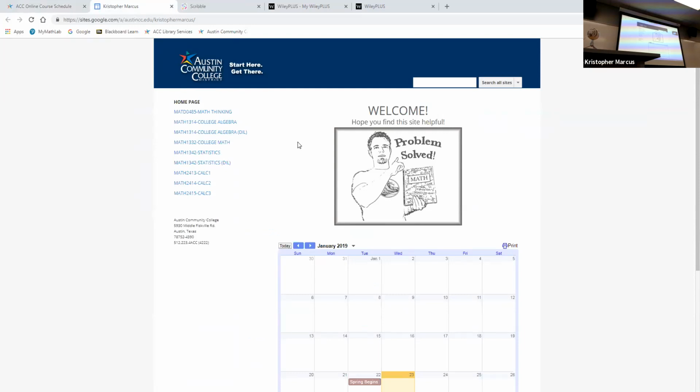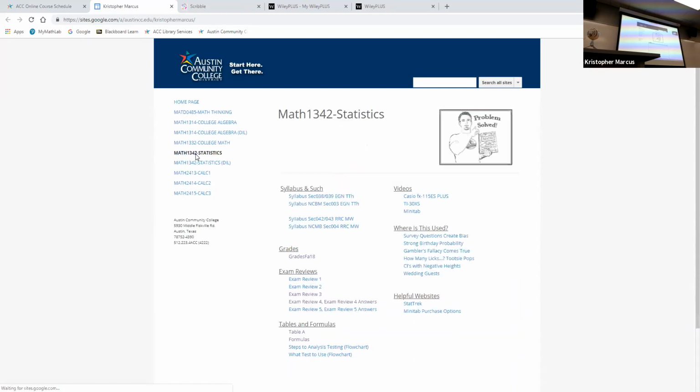And if you lose your syllabus or need to look it over, because we will change the syllabus a little bit with the homework problems, you can go in here at Math 1342 and you can find a copy of the syllabus right here. So if you just click this and pull it up, you've got everything you need. So the easiest way to get there is, again, probably going to find a math course that I'm teaching, click on my name, and it'll go right into the website. And you can find all these other things. So we'll talk more about what's on the website in a minute.